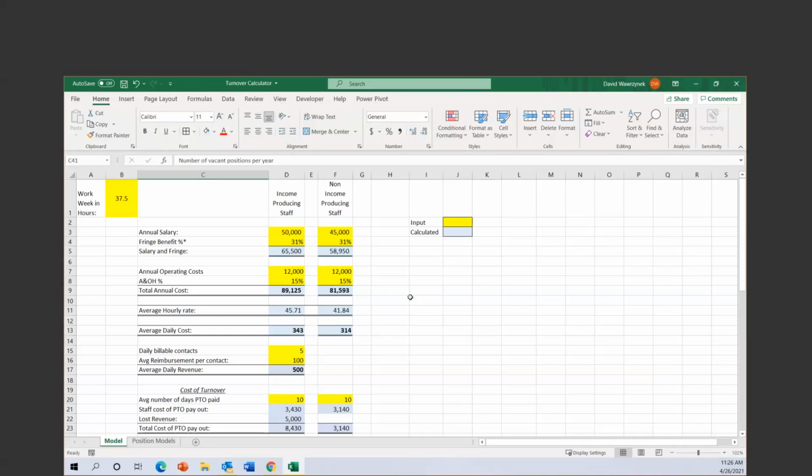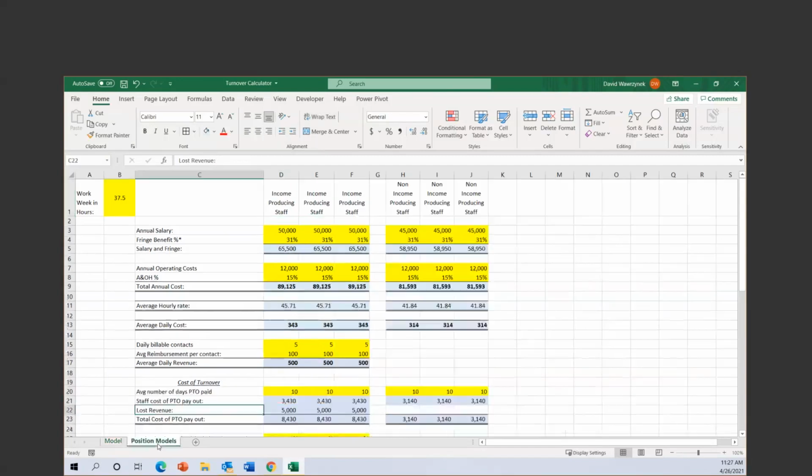So let's talk a little bit. I'm going to walk through the model. You'll see on the model there are yellow boxes, and those are input fields. There are blue boxes, and those are calculated fields. The model has 2 tabs. In this first tab, called the basic model, we give you input fields to calculate the cost of income producing staff, because they're very different in cost structure than the turnover costs related to non-income producing staff. The other tab basically replicates